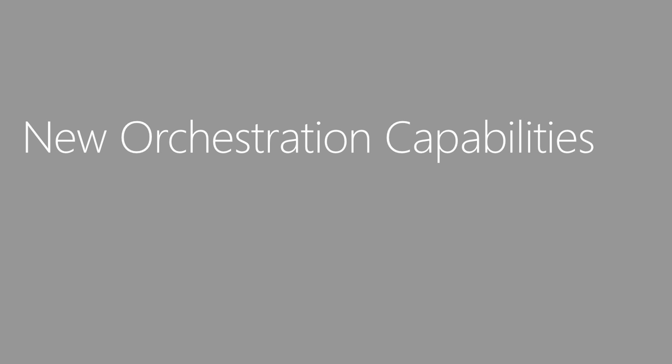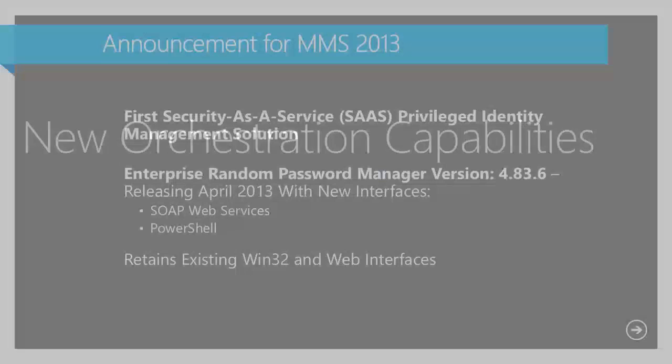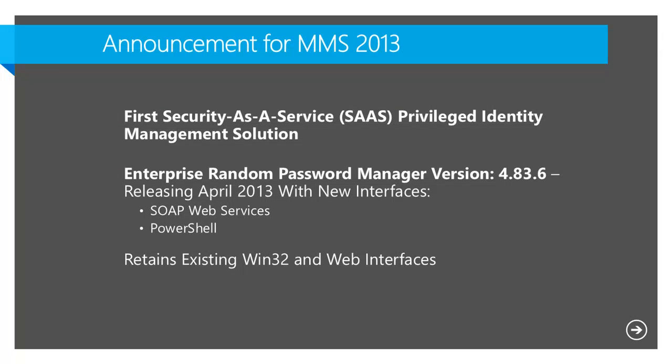So the model of our product is you have a Win32 GUI, and you have a web interface. And you go, okay, that's great, and it has auto-discovery capability, so it actually finds the machines, finds the credentials, and all of that. The problem is, when you start to get into really crazy big numbers, you actually don't have the time to even interact with a web interface anymore. Literally, that's just not even possible. It's over. So you need to come up with a new paradigm, a completely different way of dealing with this.